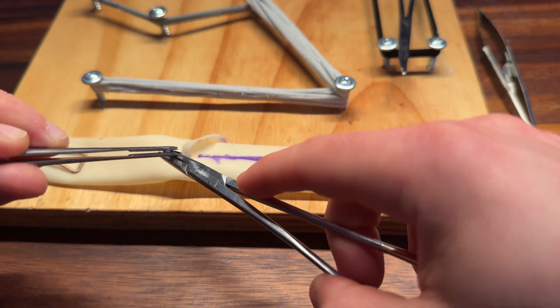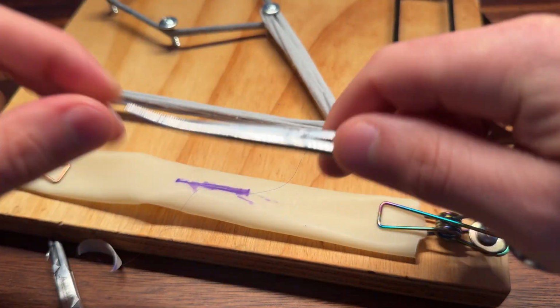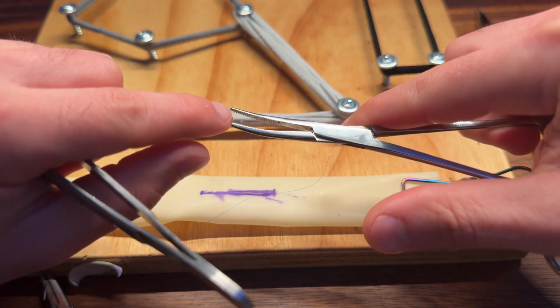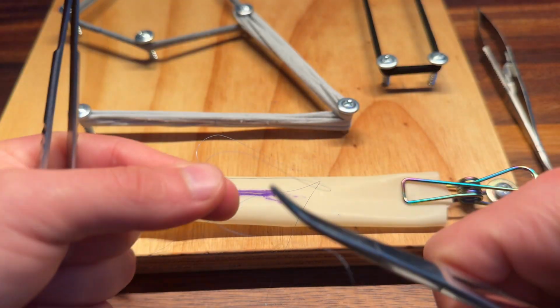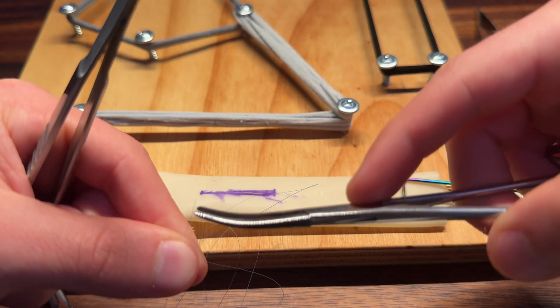Once you pass it through, go ahead and protect your needle. And here's the technique. With these Kelly forceps or mosquitoes, I've seen a lot of them have a piece of rubber in the ends. That way it doesn't damage the suture material. But what you want to do is grab on to the very tail end of the suture, like so, and